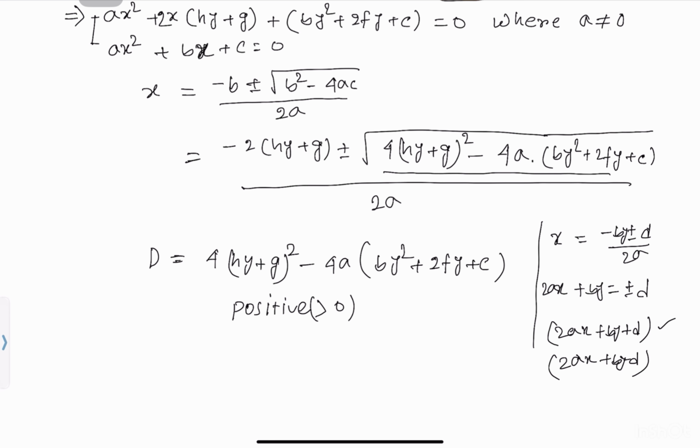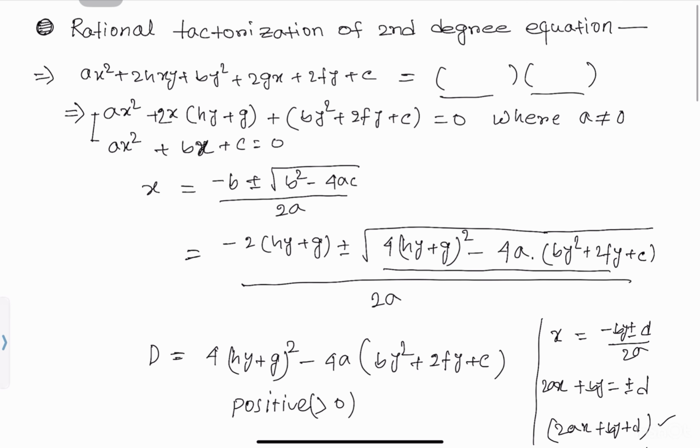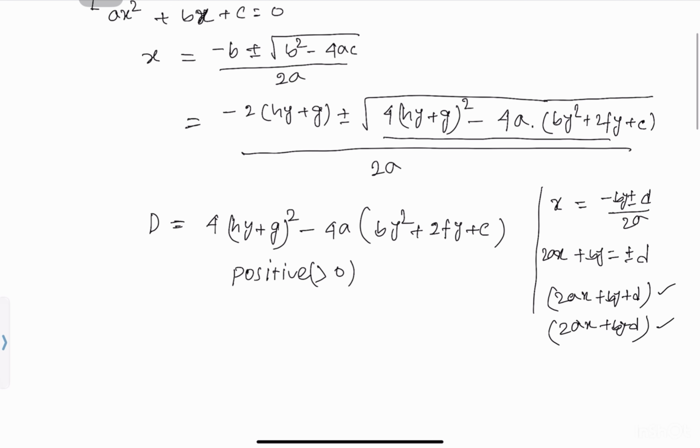Look here, these two expressions say that these are two linear expressions which have rational coefficients. That means our condition is satisfied. This is what we need: a quadratic expression in multiplication format. We got this one. So whenever this is positive, positive, and